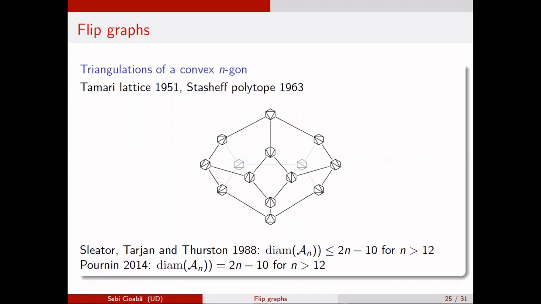So Sleator, Tarjan, and Thurston studied this graph. They have a paper in 1988, and they prove an upper bound of 2n minus 10 for the diameter. They show that between any two triangulations, you can do at most 2n minus 10 flips to transform one into the other. That's a very nice combinatorial proof. And in 2014, Pournin has a paper in Advances in Mathematics proving that that's exactly the diameter. So he actually shows